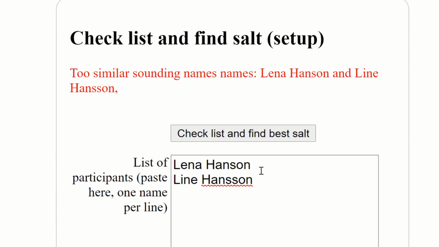One way to overcome this will be to add something to the name that you will remember to make it unique. So imagine that Lena Hansson always drinks decaffeinated coffee. Then I could, for instance, add decaffeinated after her name